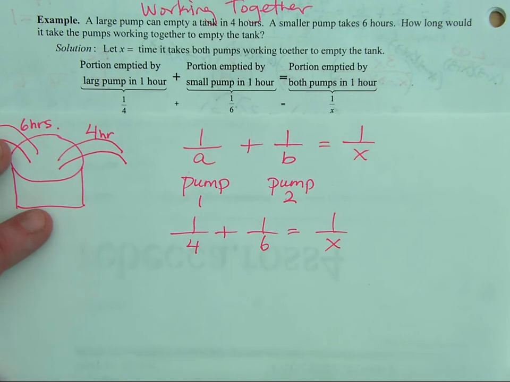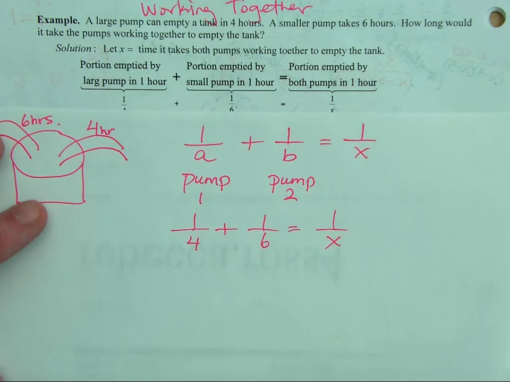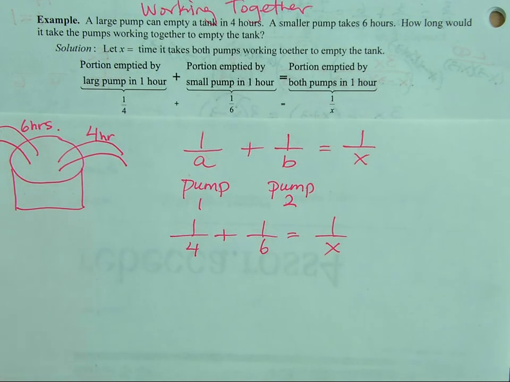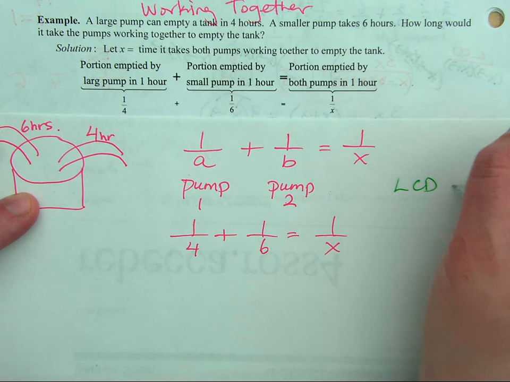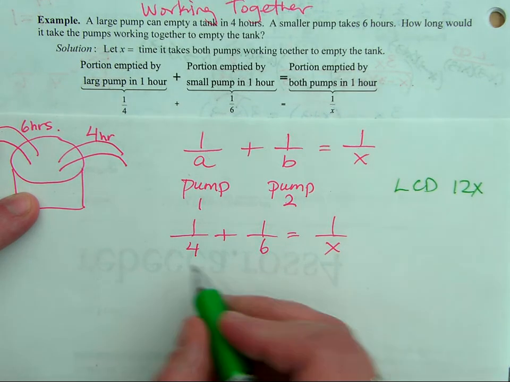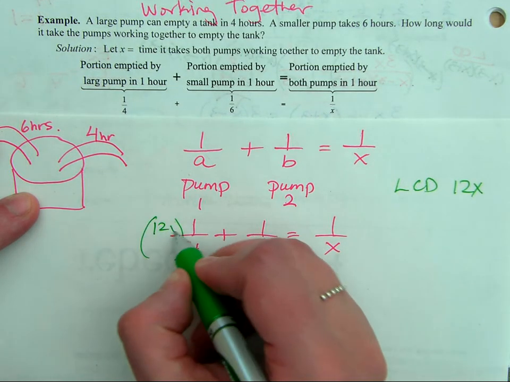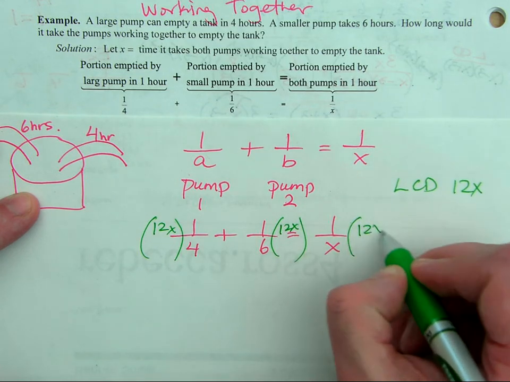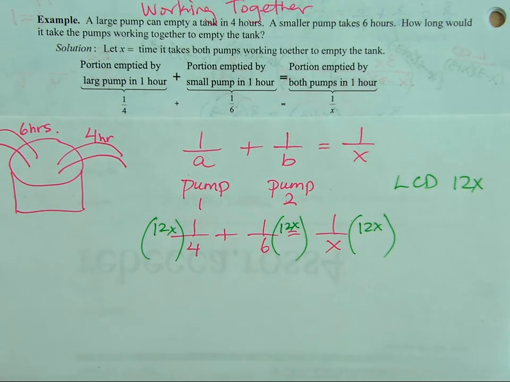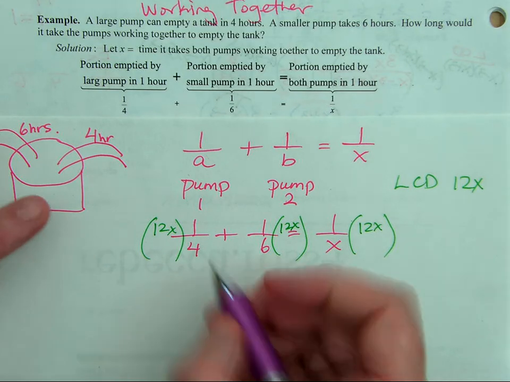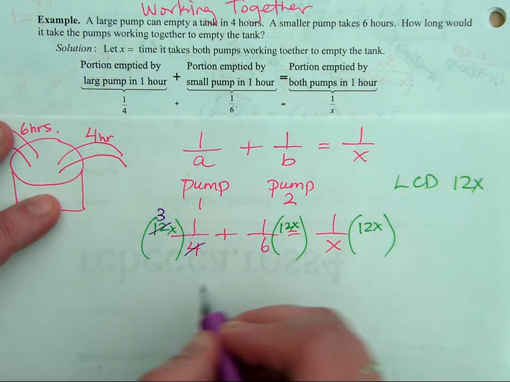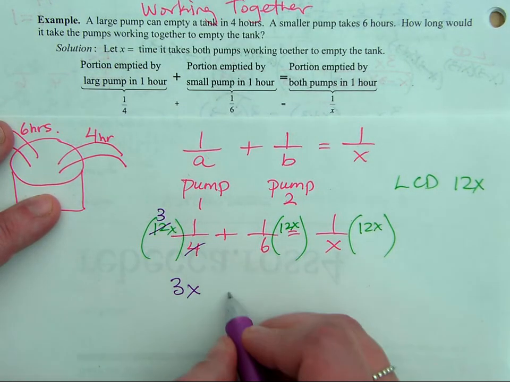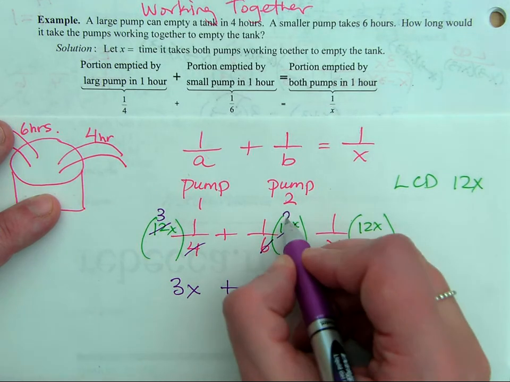I actually have it there on the notes, but we're going to do it by hand, so I'm covering it up. Okay, so what's the LCD? 12 and x, so the LCD here is 12x. If I multiply 12x here, 12x here, and 12x here, could we do the cross cancel? Okay, so this one becomes 3. So we have 3x times 1, right? And then this one, good, becomes 2x